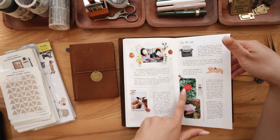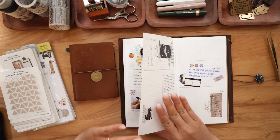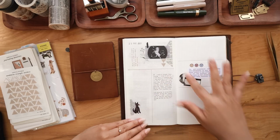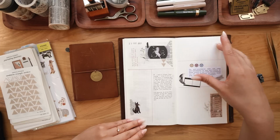Anyways, more gardening stuff. I think I already talked about that. And then that brings me to today. This is the journal entry that I have started but haven't finished yet. So I just did collages, and then I'm going to fill in the areas where I need to write